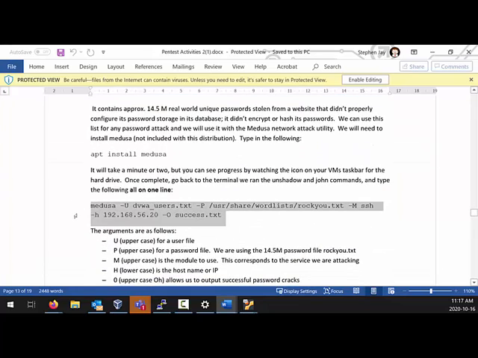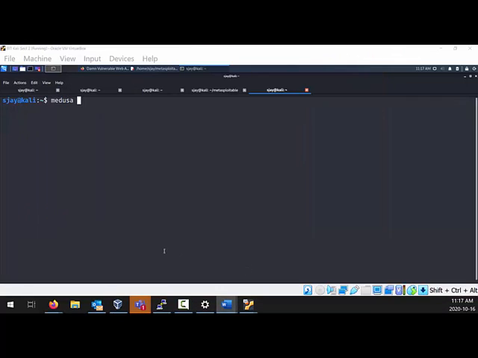And this is what we're going to do. We're going to use the Medusa command. If it's not installed, you need to install it. But in this version of Kali, it is installed. One thing that's missing, however, is the rockyou password list. So I want you to do the following: